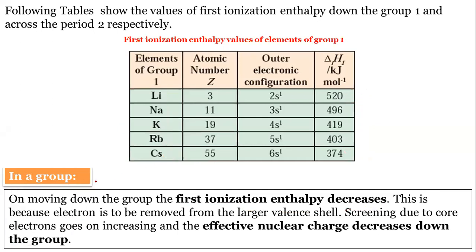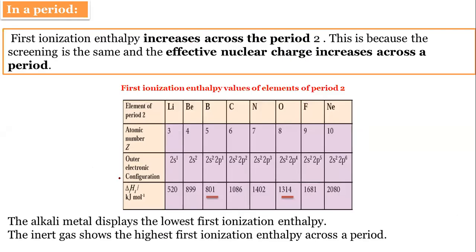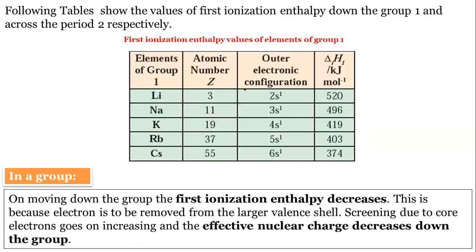Now, in a group, I have explained. Anyone can tell me what will happen in a period? In a period, what will happen to the ionization energy values? I will explain the atomic size again. If we go left to right, what is happening to the atomic size? Tell me, left to right. That is from S block to P block. What is happening to the atomic size? The atomic size always